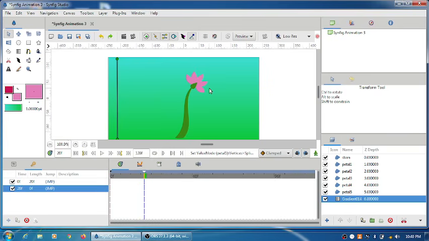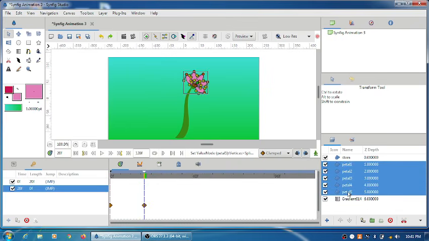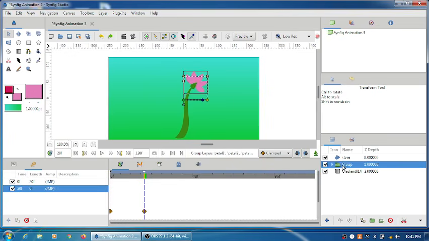So now we'll do one thing. At this frame number 20, let's select all the petals and group them into one layer, and then group together and give the name petal.